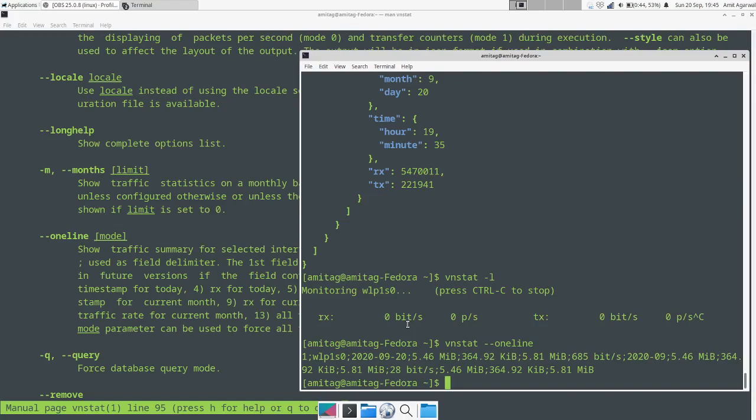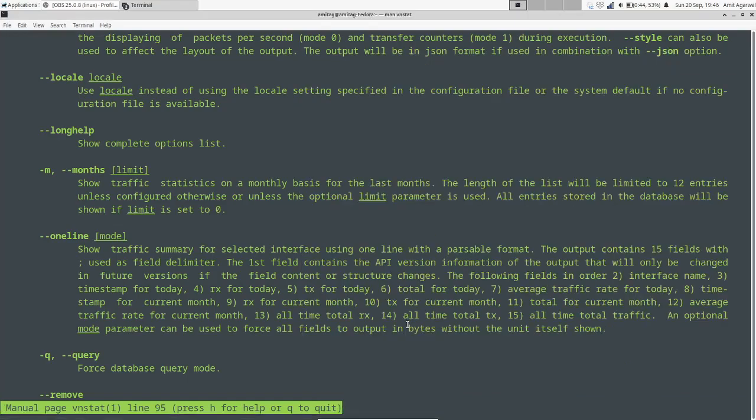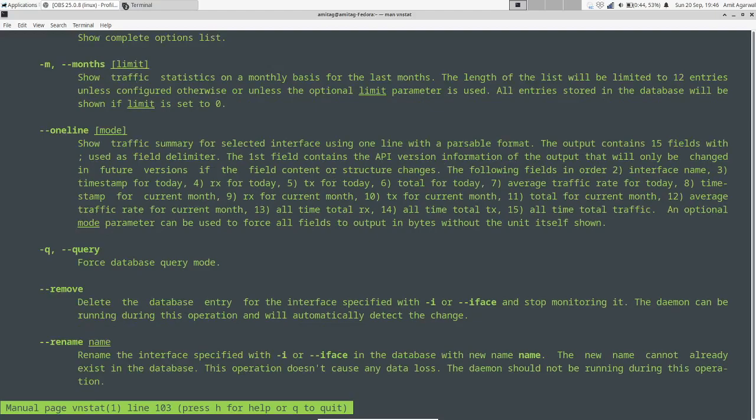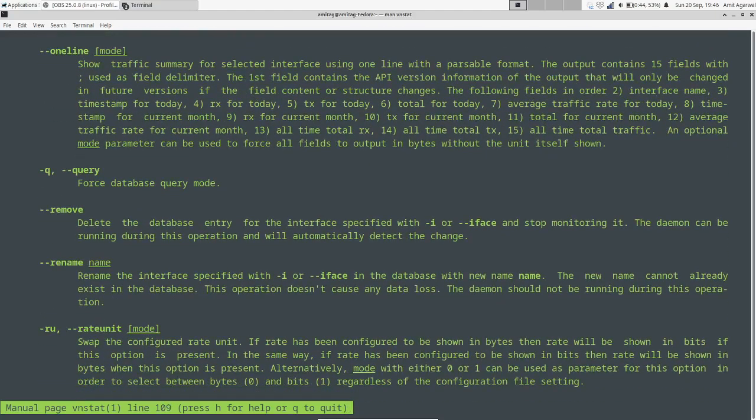So basically, if you want to plot a graph, then you can use a GNU plot command to plot the graph, and before doing that, you can use the data that is displayed with minus minus one line to create a data file that can be used with GNU plot to plot this as a graph, and then once that graph is plotted, you can always use a mail command to send it across to yourself, and all this will happen automatically without you ever worrying about logging into the system to look into this.